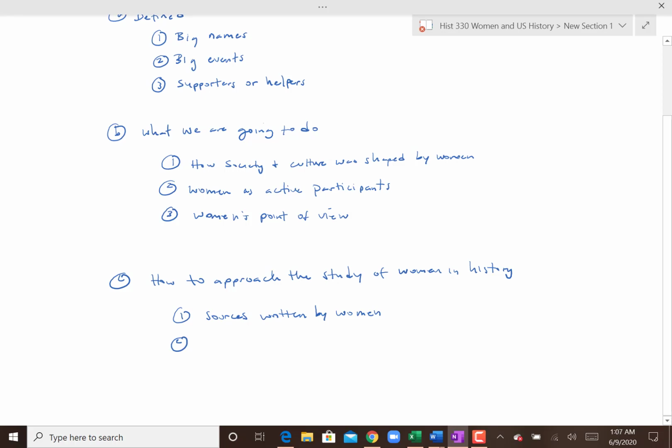The other thing, of course, is that you had an issue with women and literacy. If you go back in history, massive amounts of the population, whichever the gender, were not literate. And literacy is something that continued to increase and expand throughout time, and we'll look at this within the United States as well. Consequently, men were more likely to be literate than women, and therefore you have fewer documents written